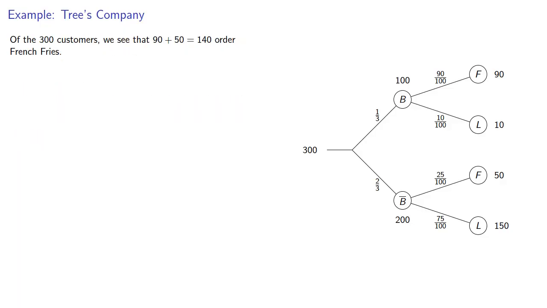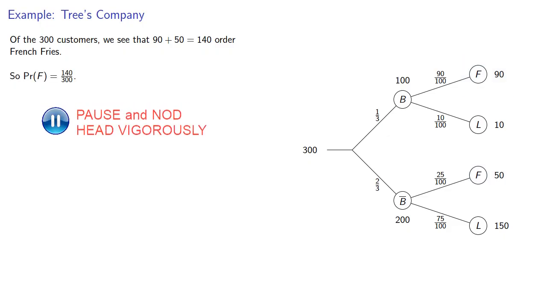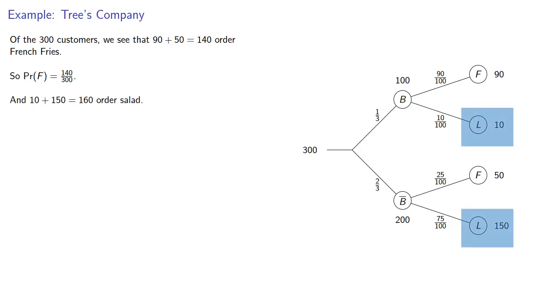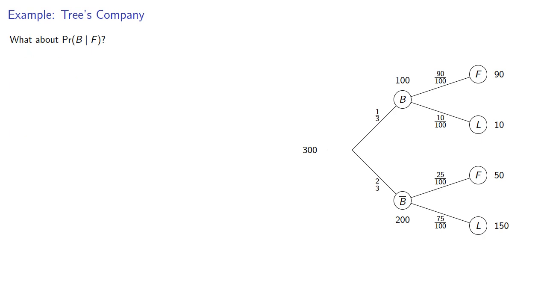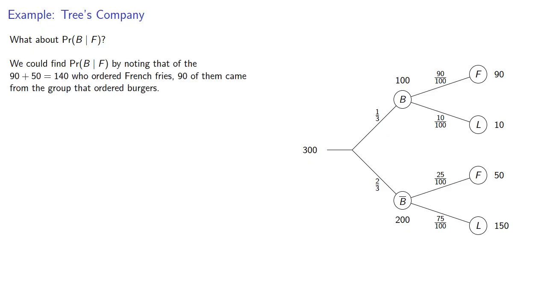And now we can find some probabilities. Of the 300 customers, we see that 140 order fries, so the probability someone orders fries is 140 out of 300. And 160 order salad, so the probability they order salad is 160 out of 300. What about the conditional probability that someone orders a burger given that they've ordered fries? We could find this probability by noting that of the 140 who ordered fries, 90 of them came from the group that ordered burgers. And so this conditional probability is